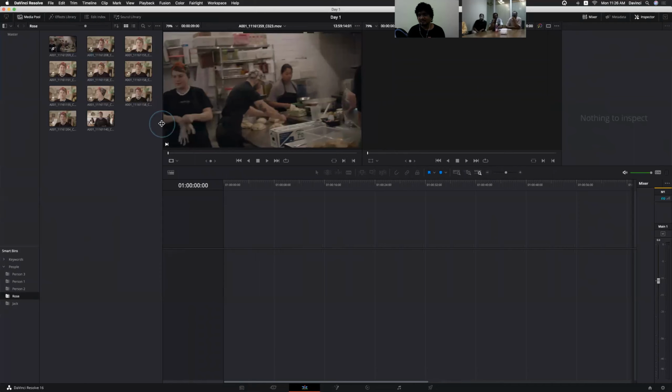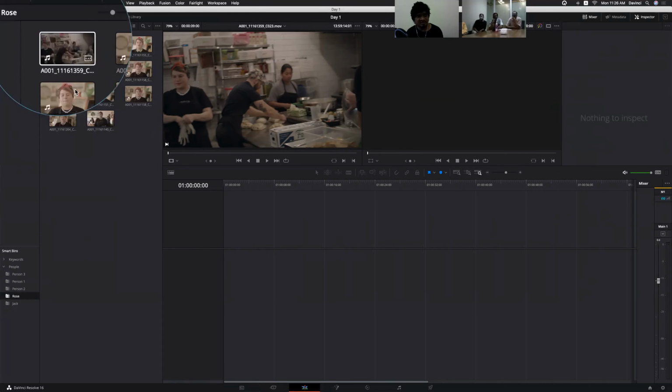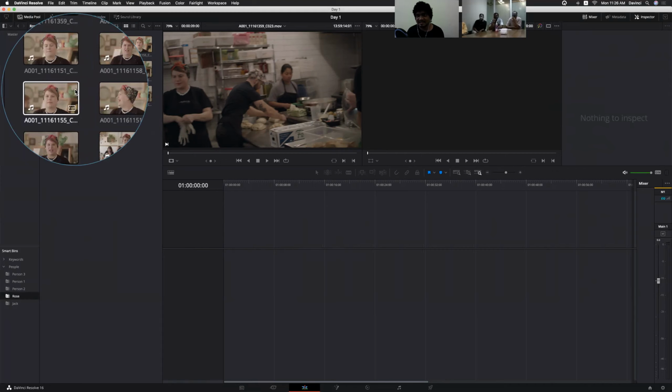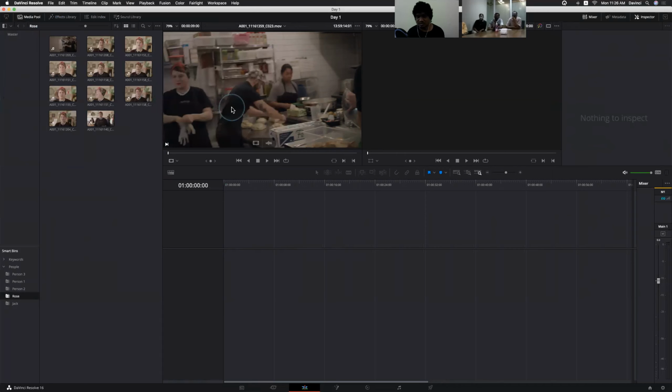I will explain about the interface with brief details. Whatever the section you are seeing, we do know it's a browser, right? But in DaVinci, we call it the media pool. And this is the source monitor, and the program timeline monitor, or we can call them simply viewer and canvas. We are habituated to those two words, right? Viewer and canvas. And the inspector window. Inspector window is like effect controls in Premiere, and motion controls in Final Cut Pro 7.